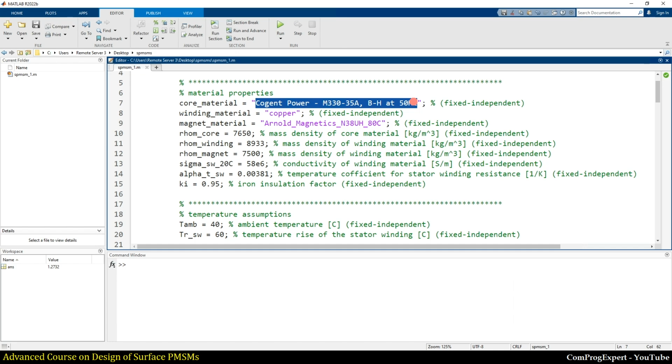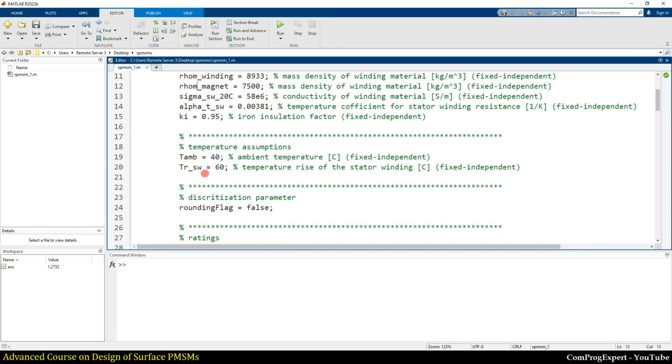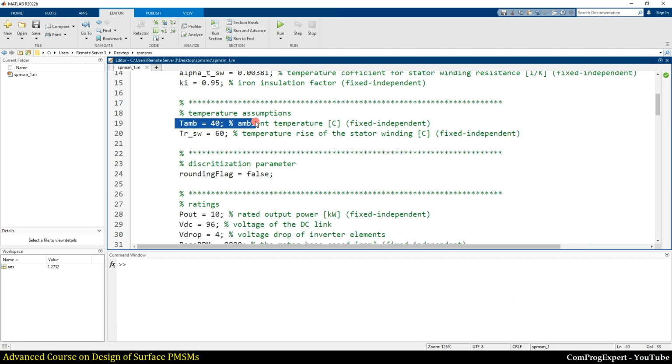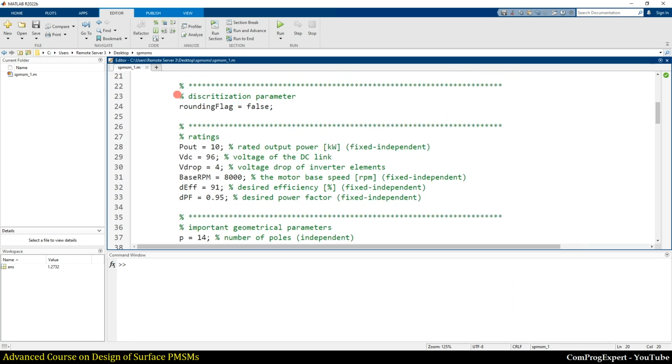We need to generate the ANSYS Maxwell model directly from MATLAB. This is the mass density of the core, the winding and magnet. Also, we have the conductivity of the winding material at 20 centigrade. This is the temperature coefficient for stator winding resistance, and the iron insulation factor. So we have the ambient temperature, temperature rise, and the rounding flag